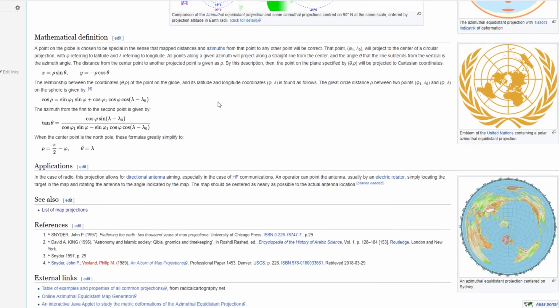And we have the mathematical definition, but do not let people tell you that mathematics proves the globe. Mathematics is just a description. It's just a way of describing things, and when you describe something, you are making an interpretation. You are translating something, whether it's, as we said, a sunset. You watch a sunset. That doesn't mean that the Earth is moving to make the sun set. It is how we see it.